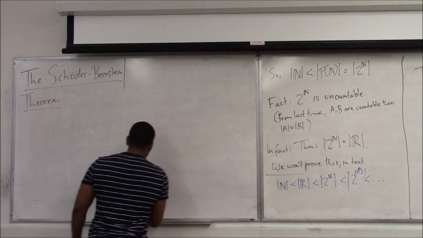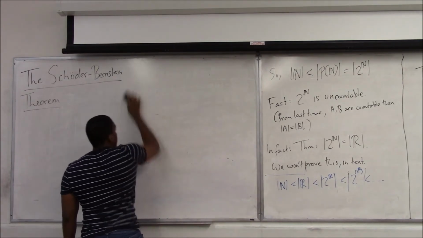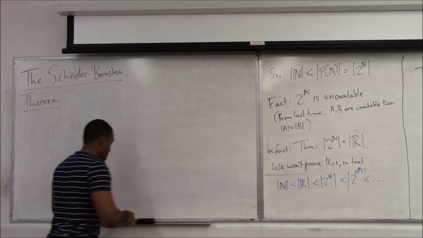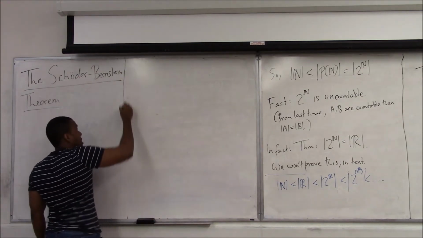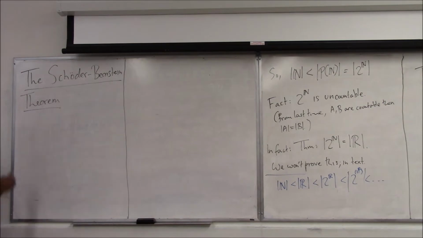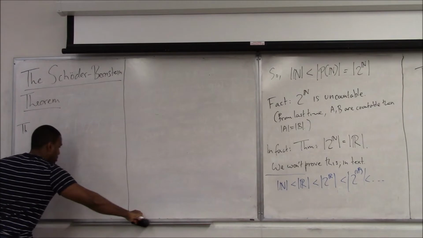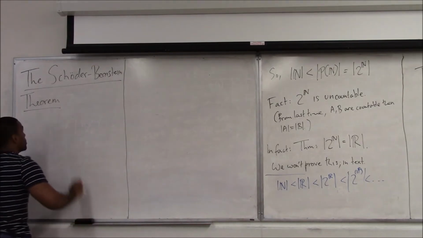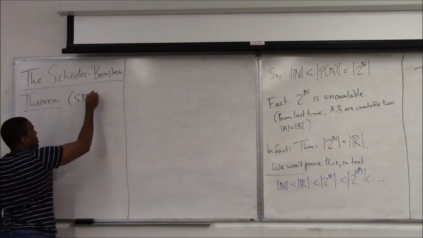We're not going to prove it. It's another thing that's very complicated to prove. But I'll just make the statement. We'll take away some conclusions from it. So the theorem, which I'll call SBT, says